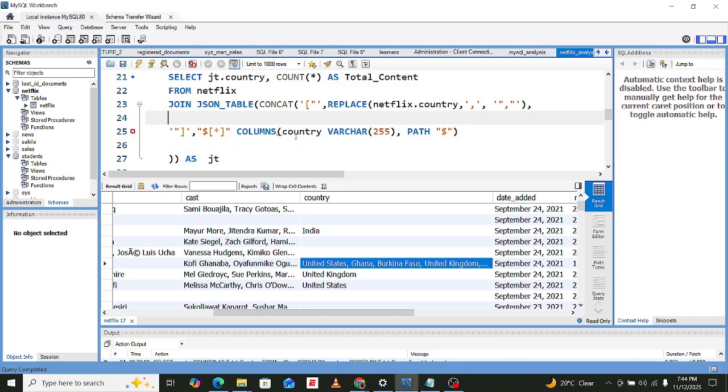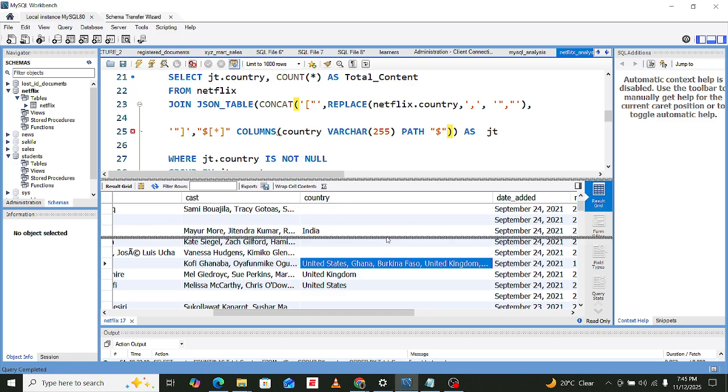Column. Let's check these, if I have any syntax error here.